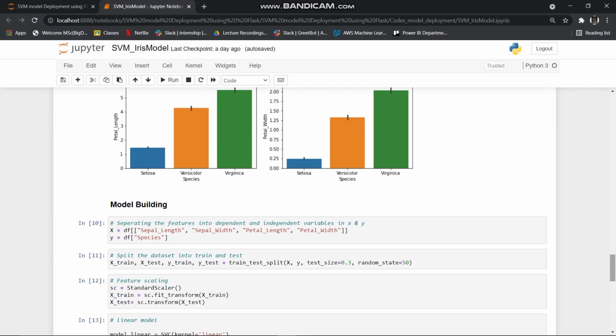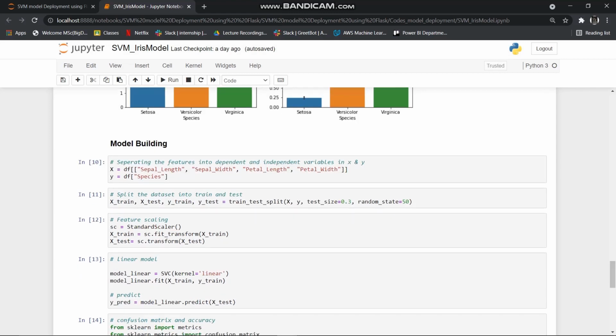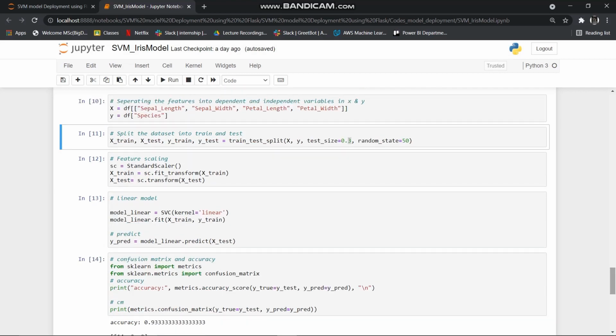To start with, we will first split our data into feature variable and target variable. Then we split our data into train and test in a 70:30 ratio. Moving further, we will now scale our data to make it in the same range. In SVM, we have various kernels to test the accuracy of the model: linear, RBF, and sigmoid. Here we will go on with linear and RBF.